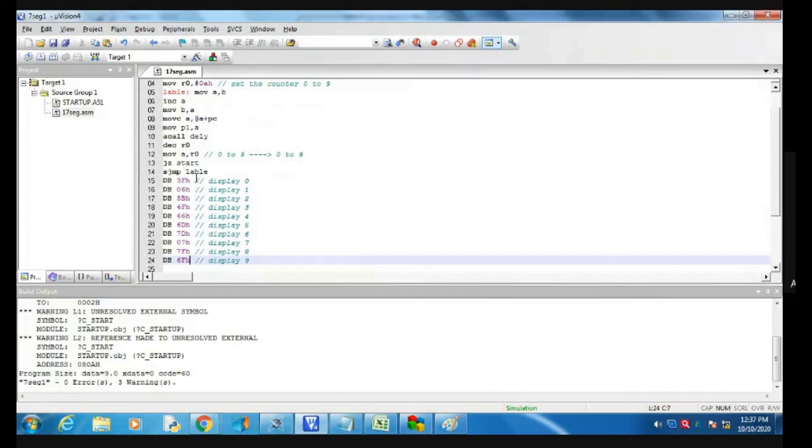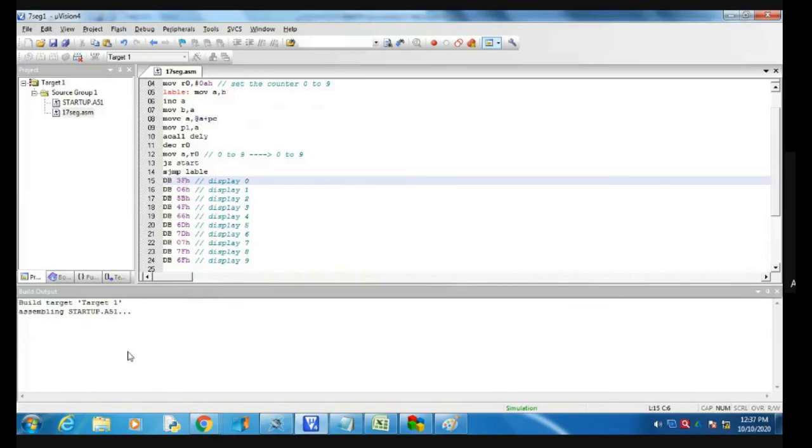This is a hexadecimal, so I'm not defining the hexadecimal, so it's showing the error. Now it is an error-free program.